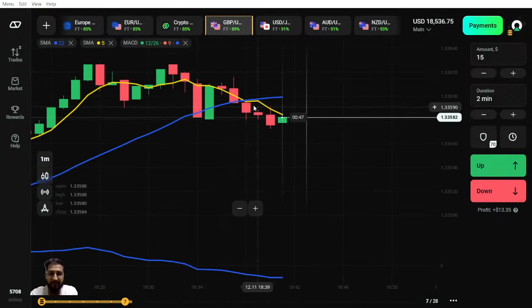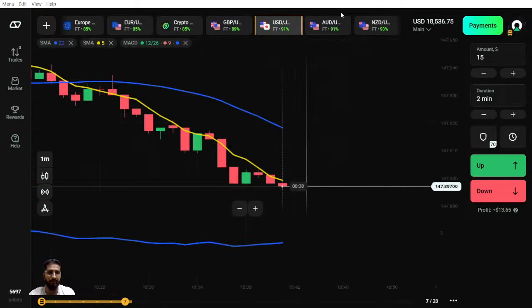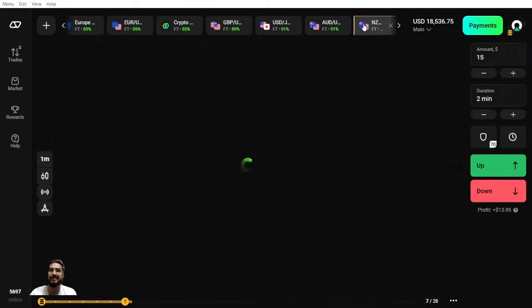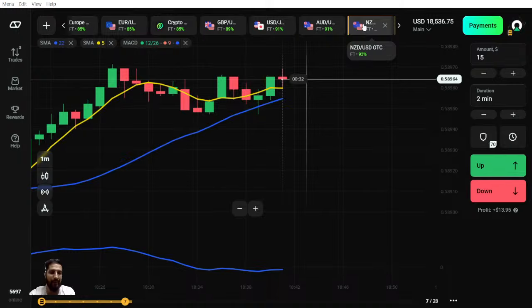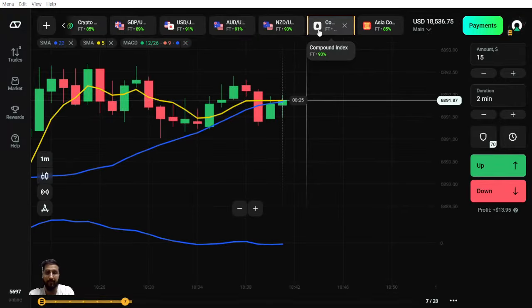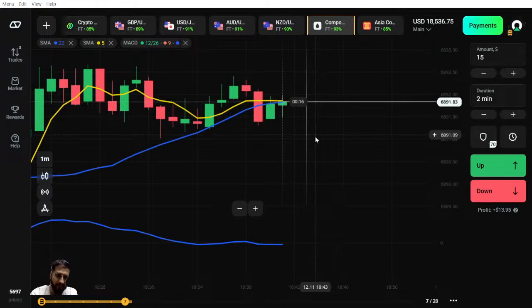The suggested chart time frame for this strategy is 1 minute, and the trade time frame is 2 to 3 candles. You can increase the chart time frame also, and the trade time frame will work accordingly. The same set of rules can be applied in forex mode also, but in that one, all you need to focus on is that the time frame should be a bit longer. It's not only about the trade time frame, it's also about the time frame of your chart. I'll try to explain that also.